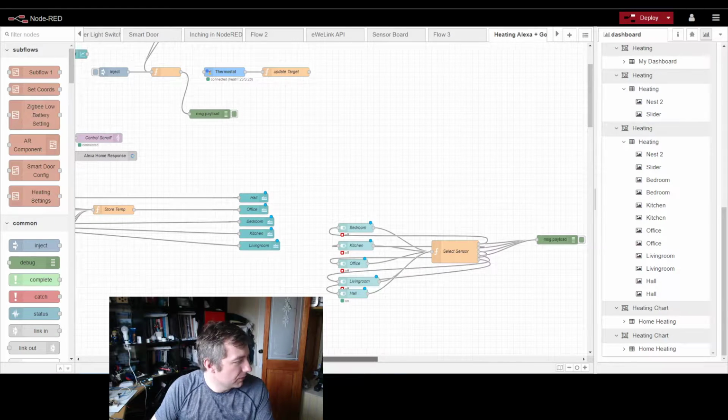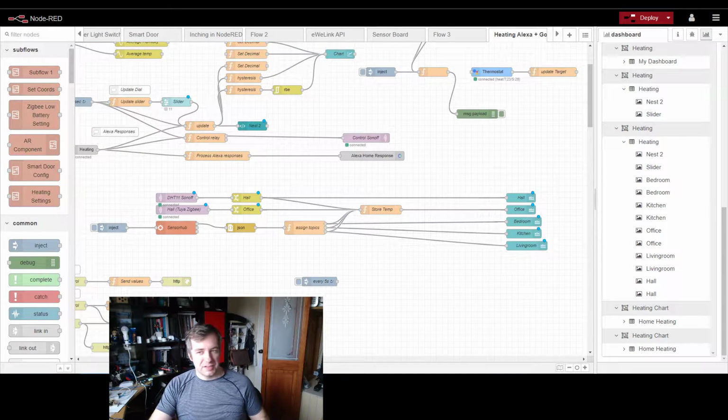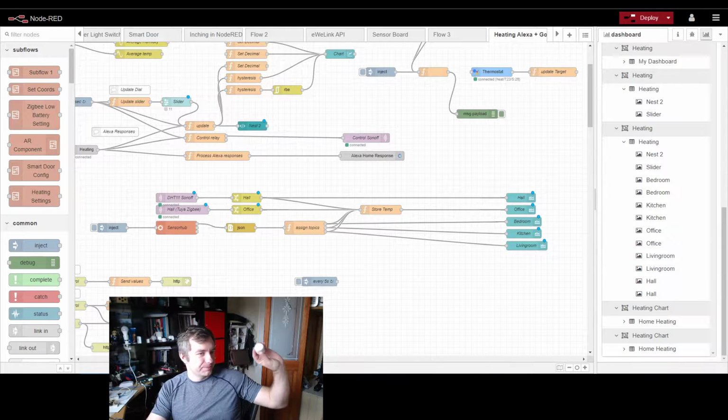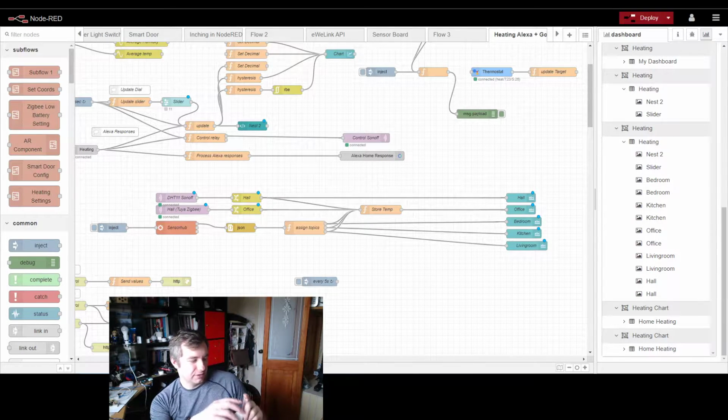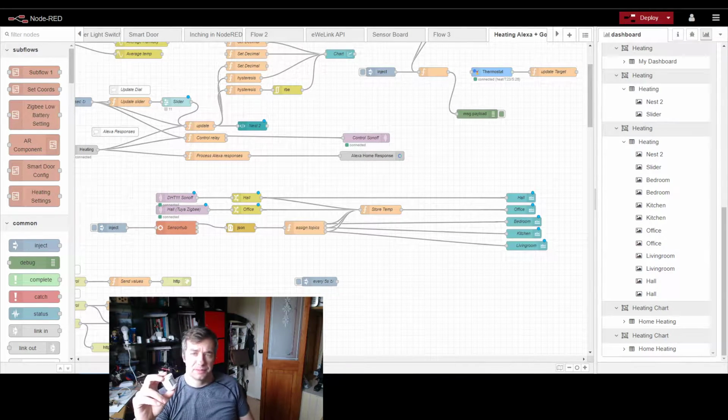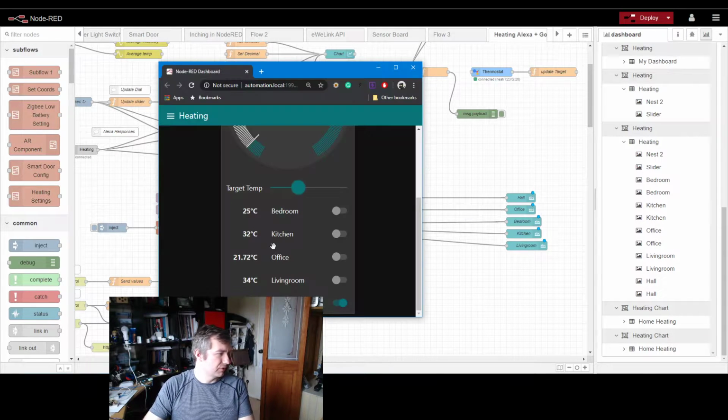All right, so we're done. And so I don't know where you can start. We can either start with taking a look at the PIRs. You could have one in each room if you want, and you could use this to actually trigger the switches. So if you have the switches in here, instead of manually going to here and saying, you know what, I'm going to spend time in the office, I want my temperature to be tracking the office, you could do this to trigger temperature by PIR,